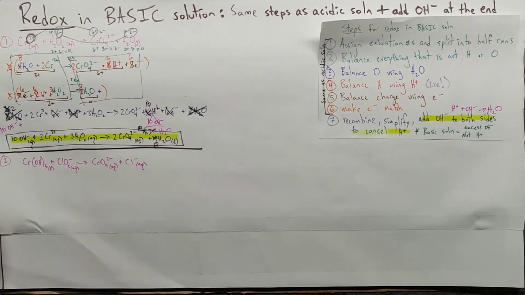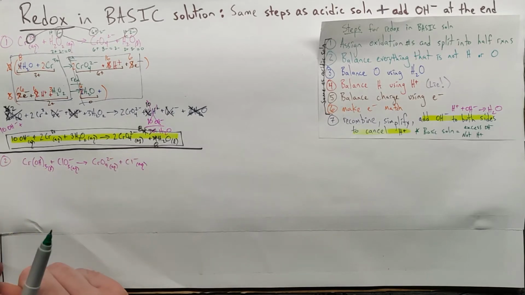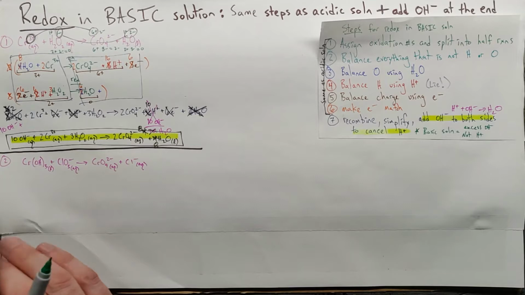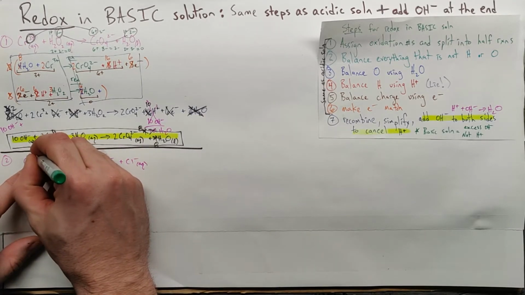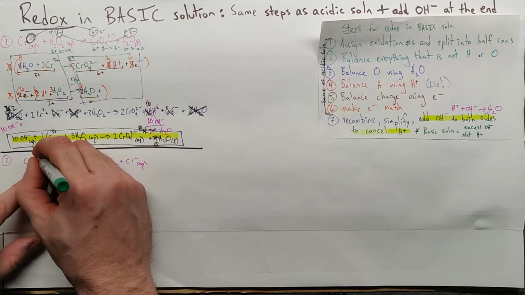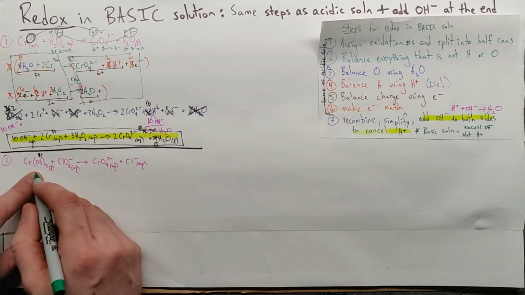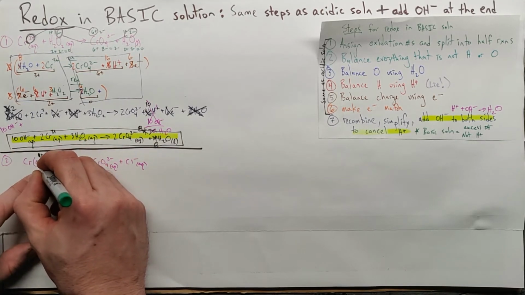We need to assign our oxidation numbers, and we're going to follow those same steps. Look for things in their elemental state. I don't see any. Look for fluorines. I don't see any. Look for hydrogens. I see 4 right there. We don't really need to do this because I see 1 right there. Those are hydroxides, and we know it's going to be a 1 minus, but we'll pretend that's 3 pluses,